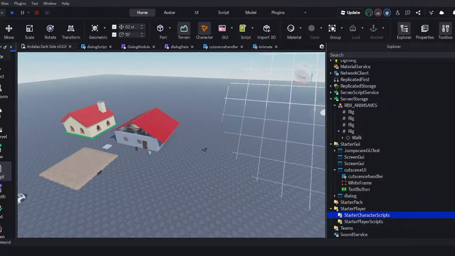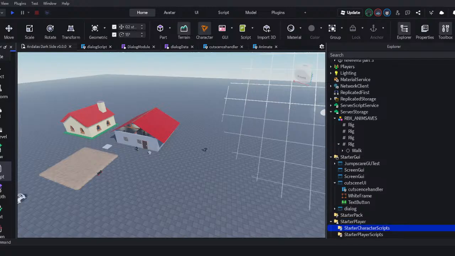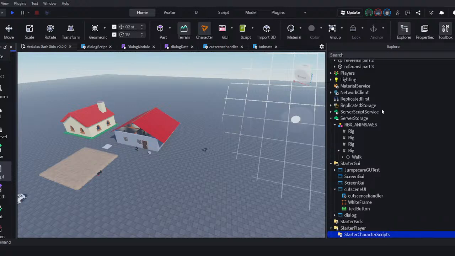All these values inside represent the different emotes a player can have. So you have the fall, idle, jump, laugh, point, run, sit, swim animations all inside here. If you open up the run value, for example, you can see an animation that's stored inside. So what we're going to do now is we're going to create an animation and